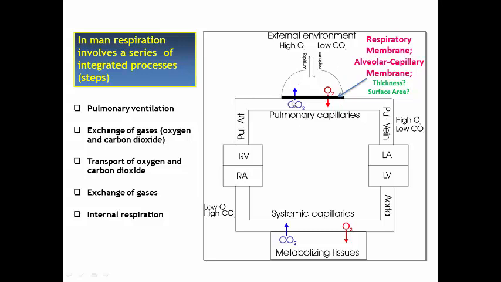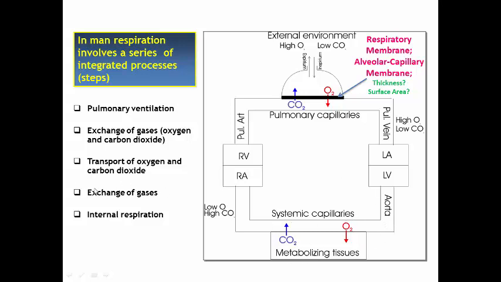After exchange of respiratory gases across the respiratory membrane, we have the third stage of respiration in man, which is the transport of oxygen and carbon dioxide. So oxygen is transported from the lungs to the heart, then from the left side of the heart to the cells of the body,